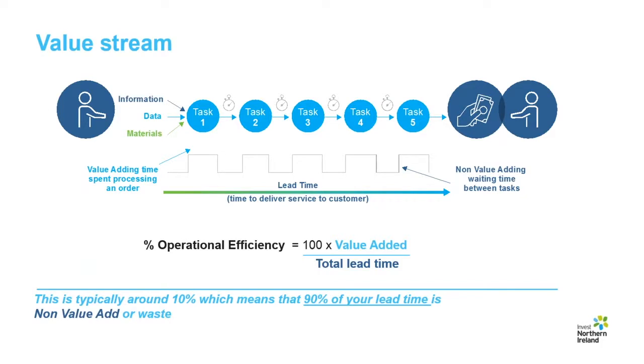To give you a rough idea of what your operational efficiency is, to start with, you can consider the actual processing time as value adding and the in-between steps or queue time as non-value adding. Adding these two figures together for all of the steps will give you a feel for the total lead time for your process. The operational efficiency for your process can be calculated using the simple formula shown here. To give you a rough idea, the operational efficiency for most businesses is typically around 10%. This can vary for different types of sectors and businesses, so don't panic if yours works out to be more or less than that figure.